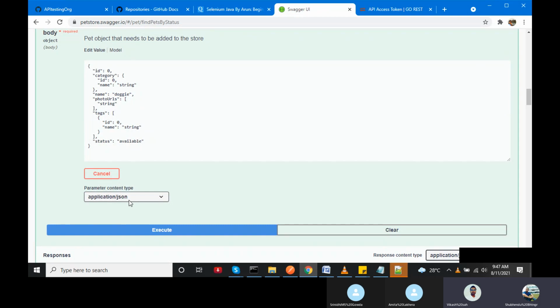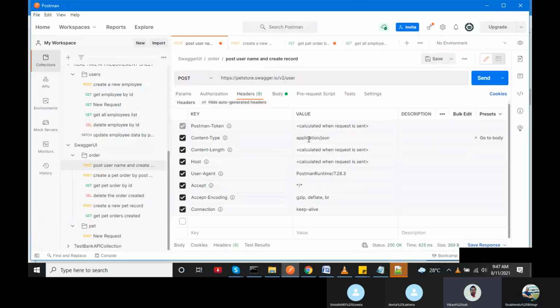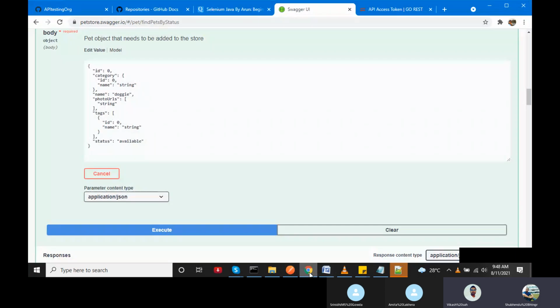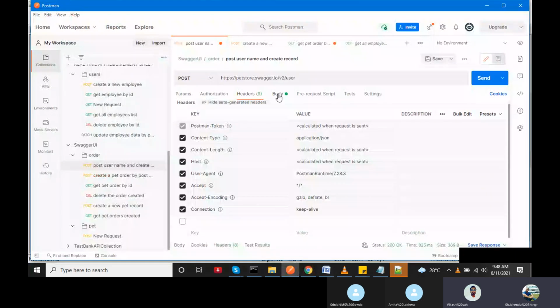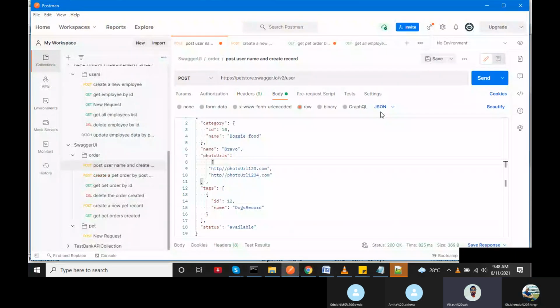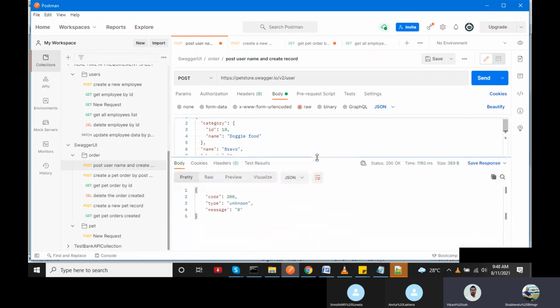No, this content type is required. You have to pass content type. Have you passed that? Yes, application JSON. Okay, now click on send. It is showing 200.